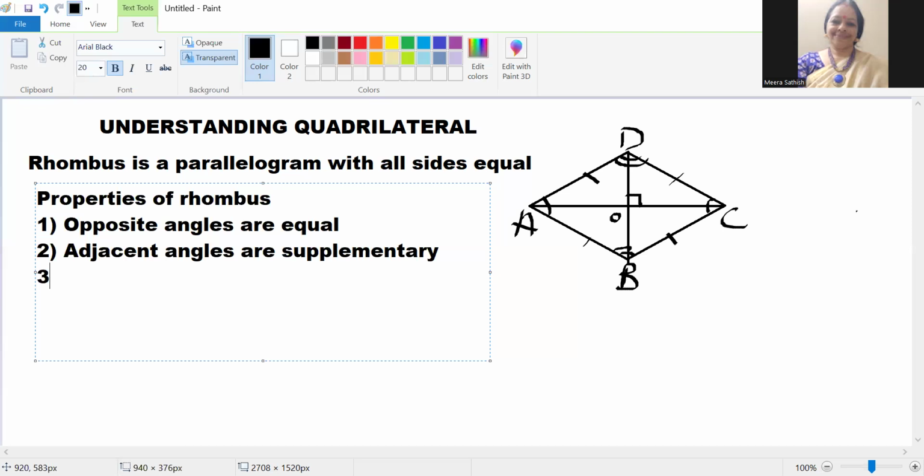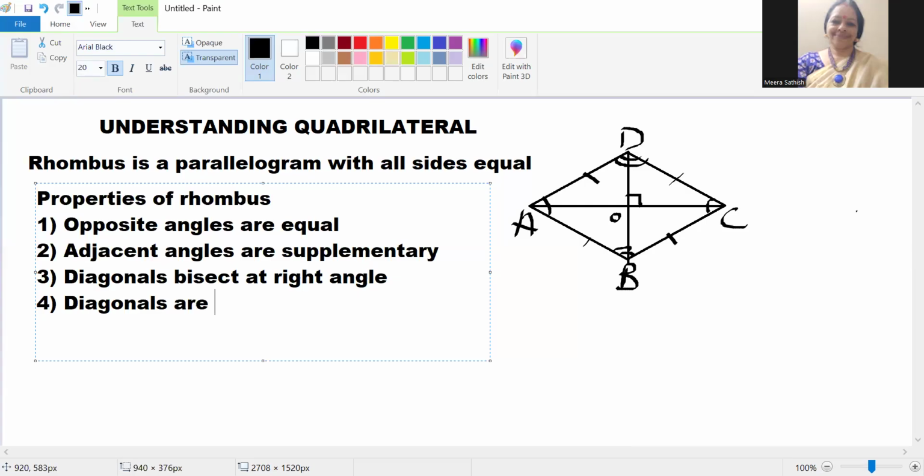Then diagonals bisect at right angle. Diagonals are not equal. So OA equal to OC, OB equal to OD, same as parallelogram. And another important property is